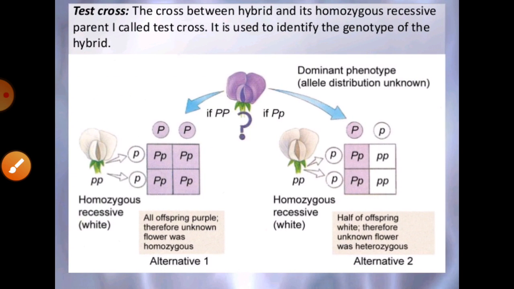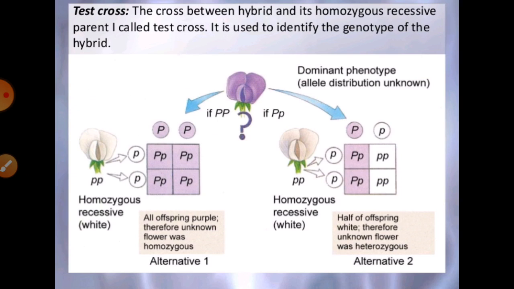Later on, there is another thing that is known as the test cross. Basically the test cross, you can show that it is the cross between the hybrid and its homozygous recessive. Generally if we get a hybrid plant in the F1 generation, it should be crossed with a recessive plant, right, meaning homozygous recessive, and that is called a test cross. On the other hand, if we do the same process with the dominant plant, that is the back cross.